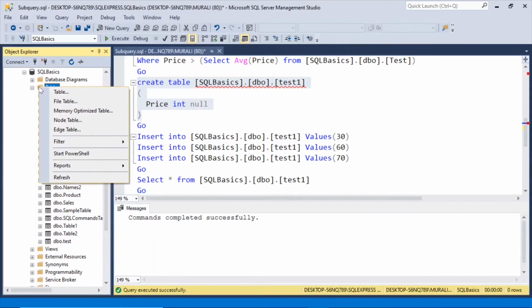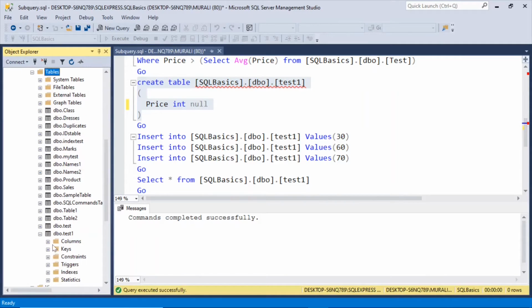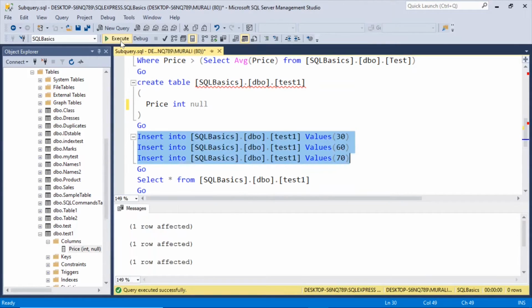Right click tables, refresh. Test1 table has been created, price. Now let us insert into SQL basics dot dbo.test1 values 30, 60, 70. So let us insert these three values into this table. Execute,